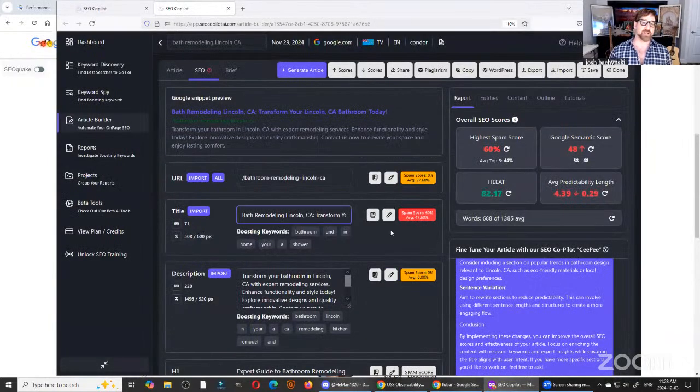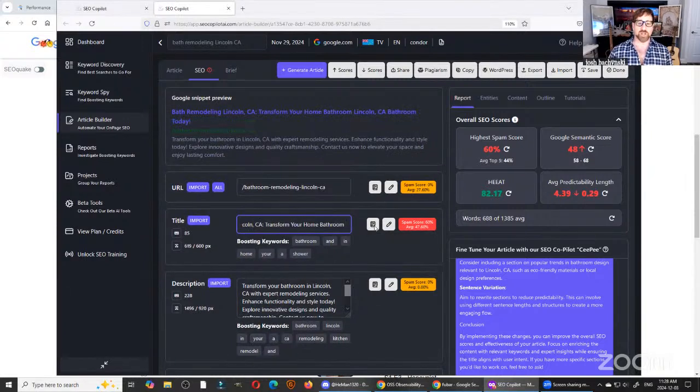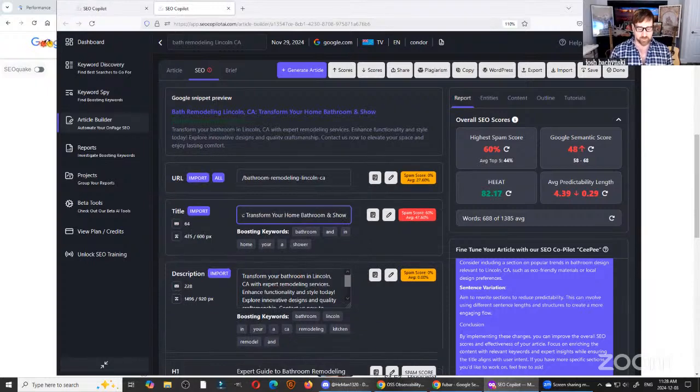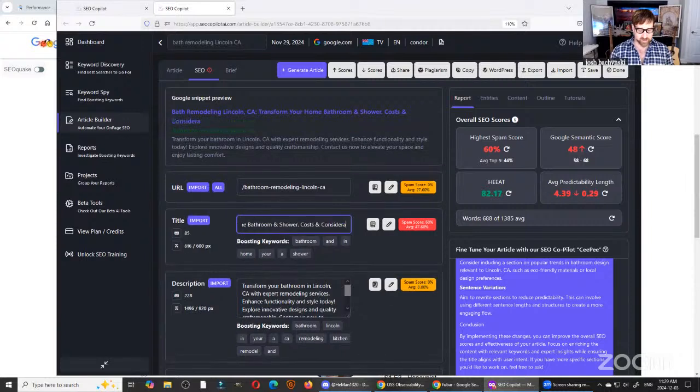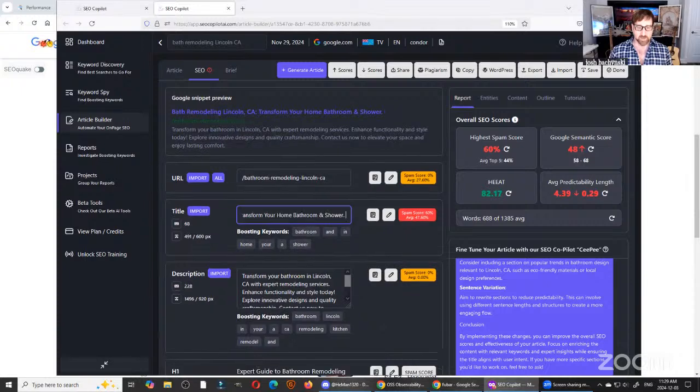So it does kind of do that. So transform your home, bathroom. Now, why am I using these words? Because these words here, bathroom, home, shower, costs and considerations.